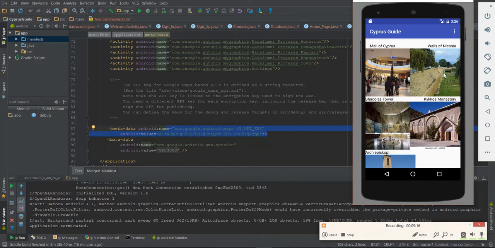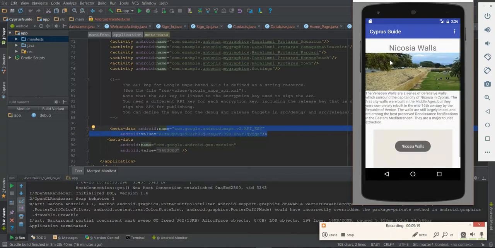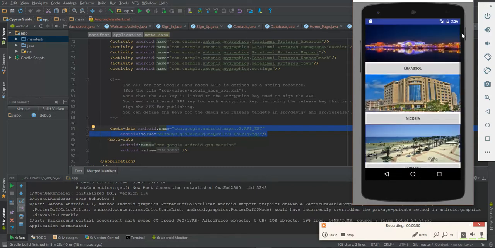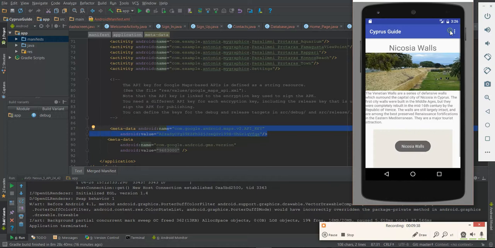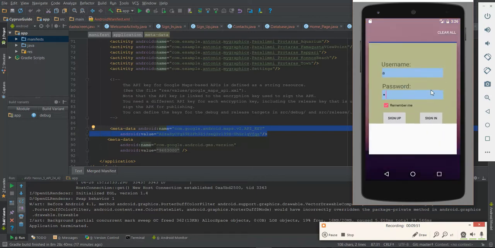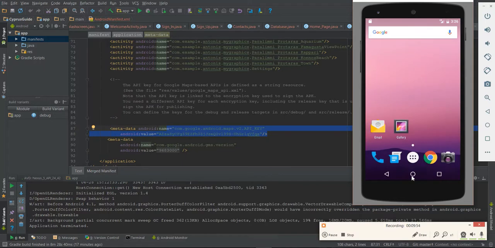When I click on this image, the wall of Nicosia, it shows the image, some information, and then here is a map where I can tell you where exactly it is. If I click on the home page menu, it transfers back to the home page. Also, if I log out, it transfers back to the sign-in page. So if I click the remember me checkbox and then close the application permanently and reopen it,